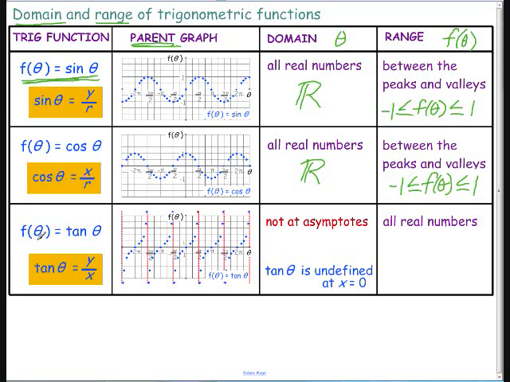Function f here is talking about tangent. So our input is the angle, talking about tangent, which is y over x. When we graph this, it looks very different. Every time